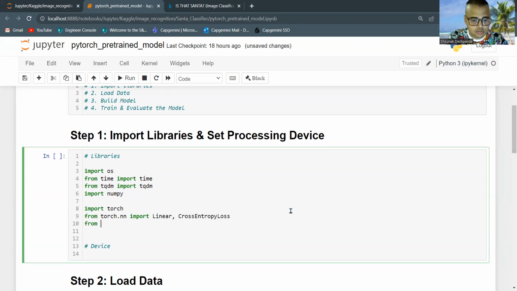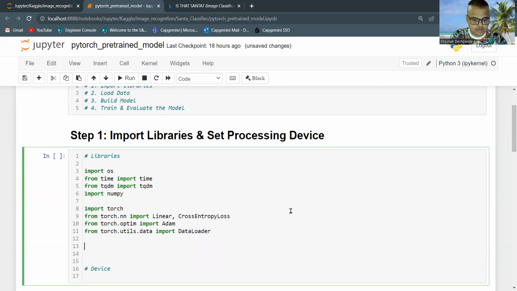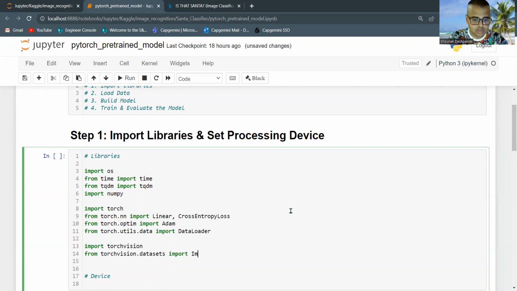Then import the optimizer: from torch.optim import Adam. Then from torch.utils.data import DataLoader. Then import torchvision, from torchvision.datasets import ImageFolder, because the images that we will be feeding into our model are saved locally in a folder. So to read the images and to create a data set, you will be making use of ImageFolder. Then from torchvision.models import